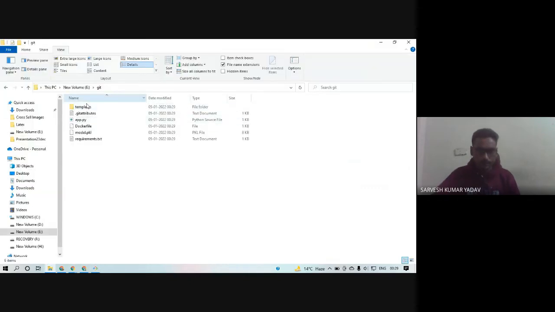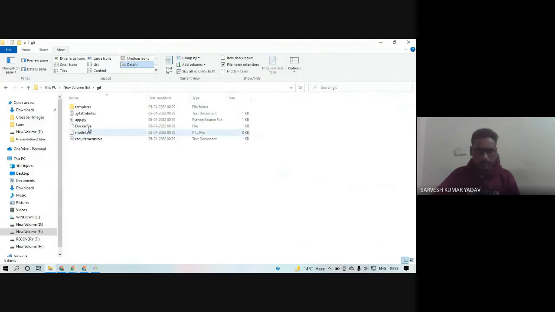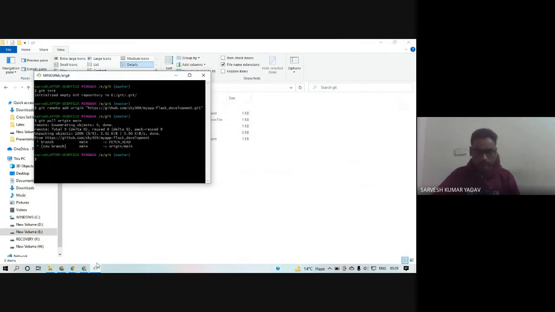Here all files are pulled. Whatever files were present there, all files are pulled here also. So we are just cloning the Git repository from the cloud-based system to our local directory.